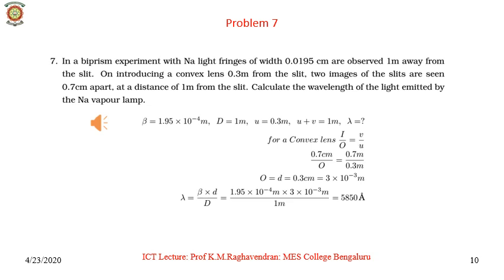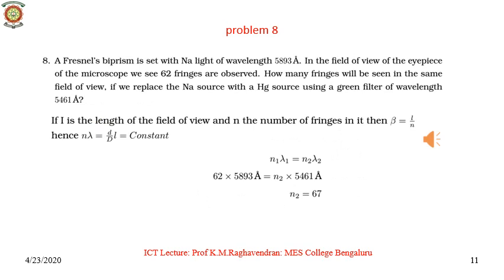Rearranging, lambda is equal to beta into small d by capital D. Substituting beta, small d and capital D in the formula and simplifying, we get 5850 angstrom. Now you must be very clear that it's not that in every problem you recall a formula, substitute